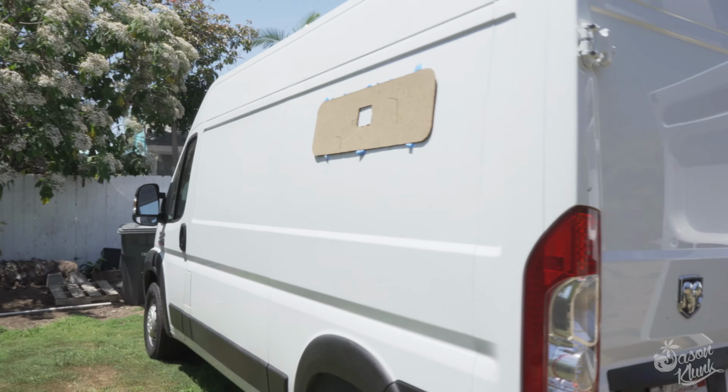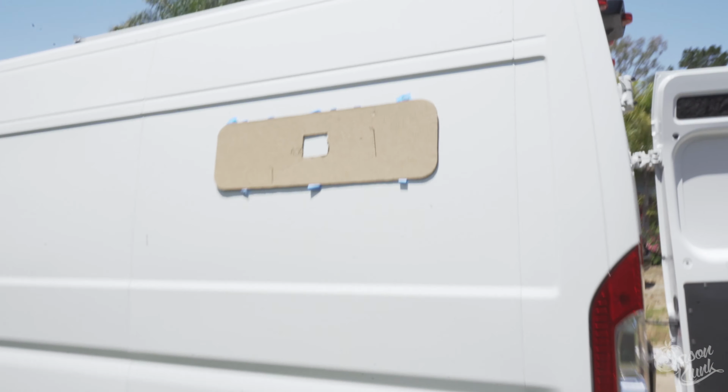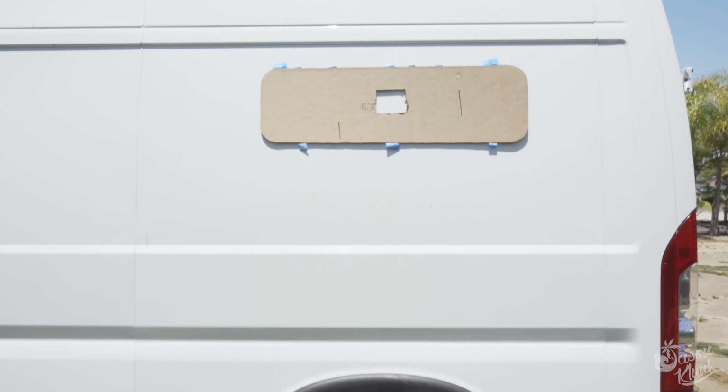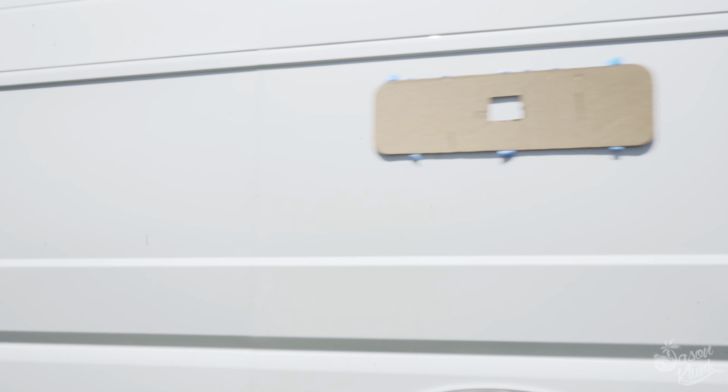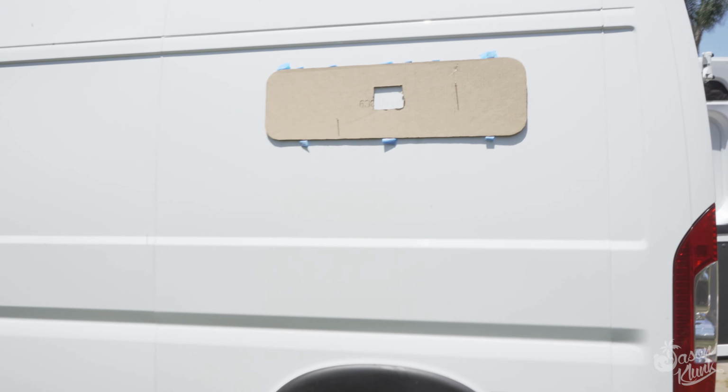Outside of the van, this is what it looks like. It looks pretty even. I'm about 3.5 from the top to the bottom of that ridge. Yeah, looks nice and straight. So I think we're gonna get prepared here and then go for the cut